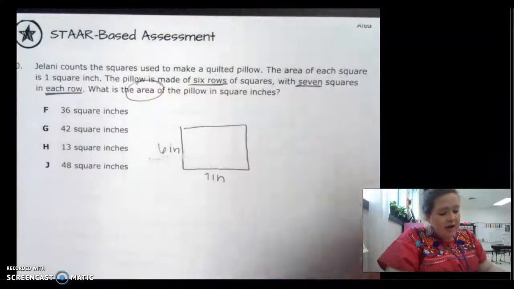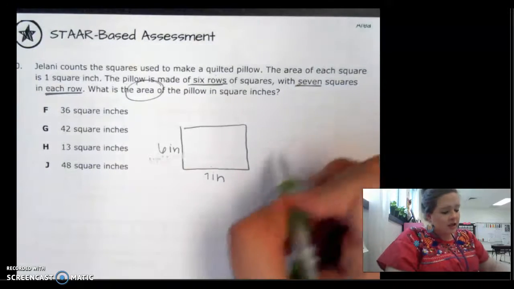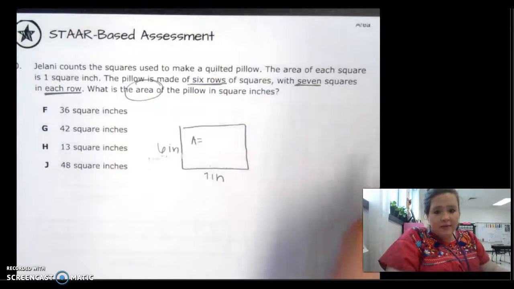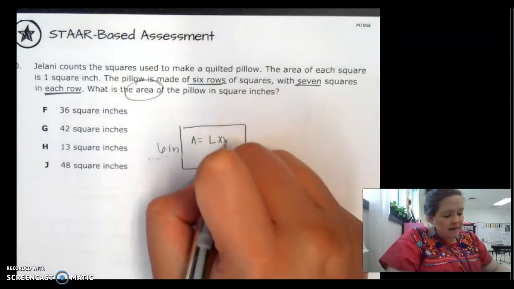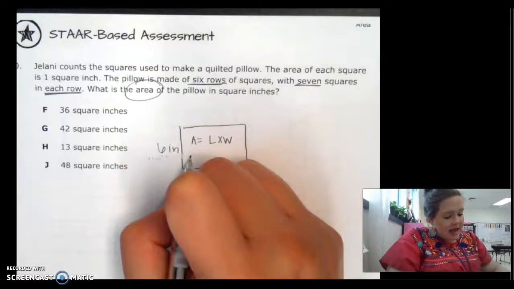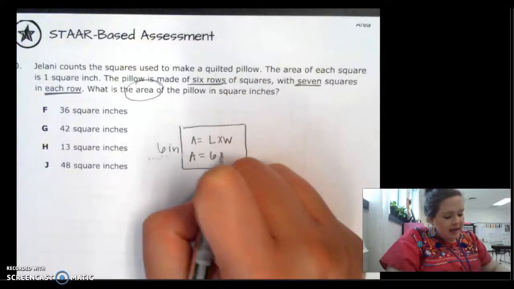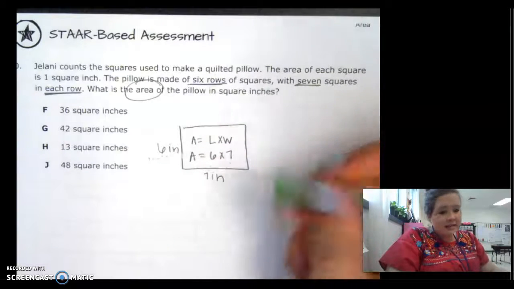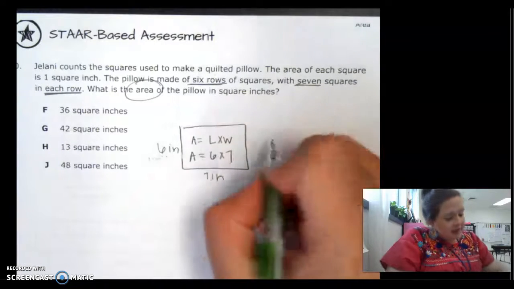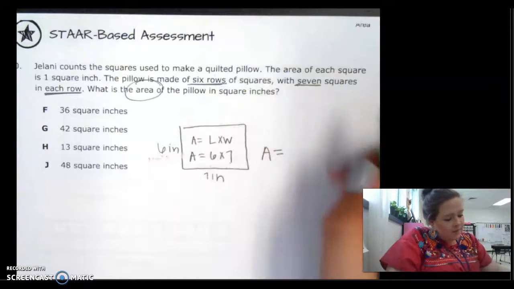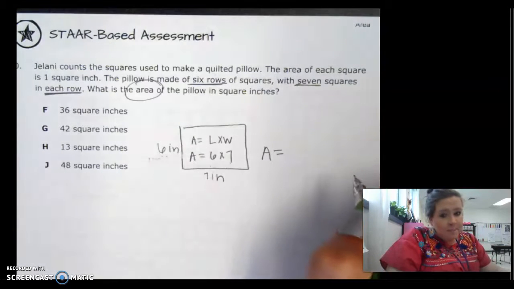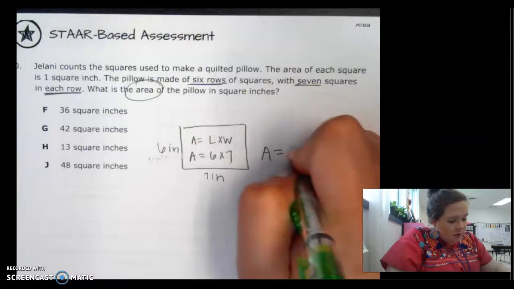What is the area of the pillow in square inches? So area equals what? Length times width. Good. Area equals 6 times 7. You could say 7 times 6. It doesn't matter. And 6 times 7 is what? 42